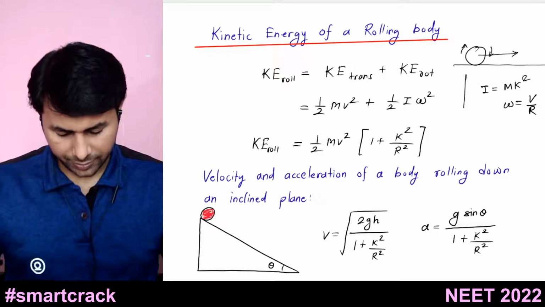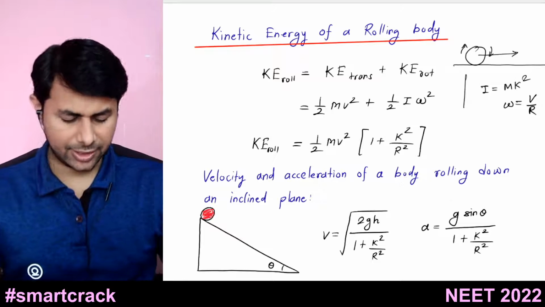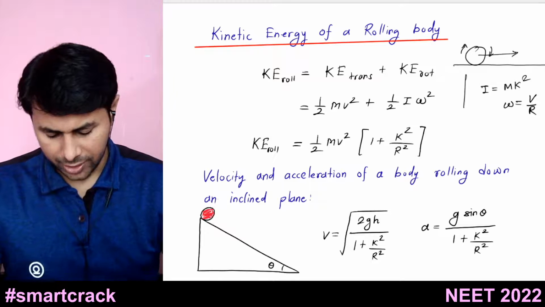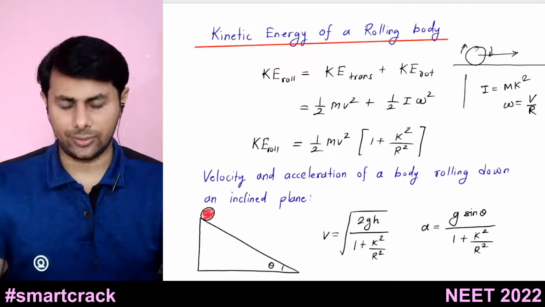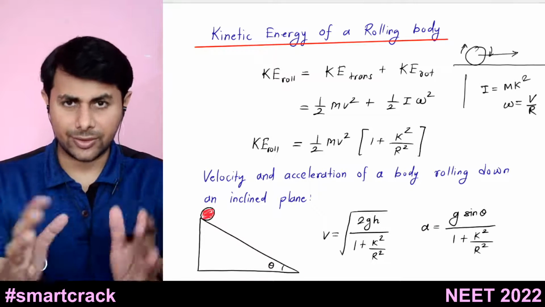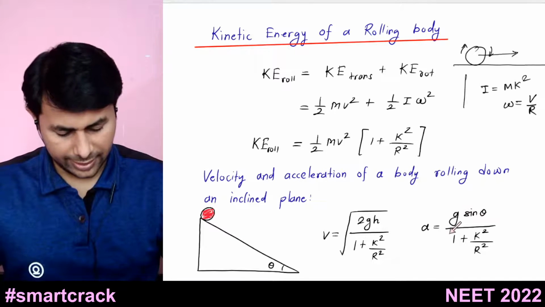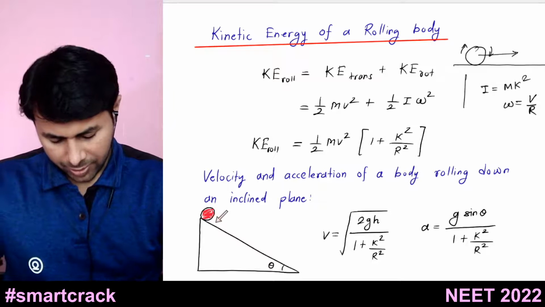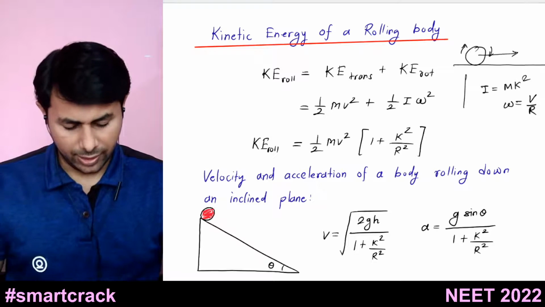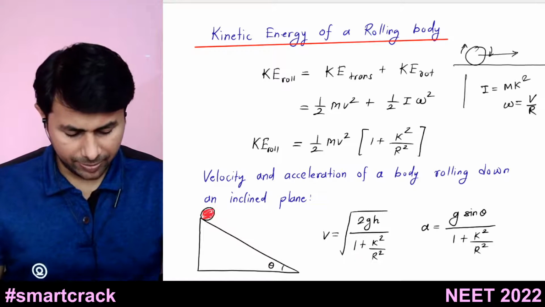After that we have velocity and acceleration of a body which is rolling down an inclined plane. So let's say we have a body which rolls down from this topmost point. What will be its acceleration when it rolls down? It is g sine theta divided by 1 plus k square upon r square. And when this body reaches the bottom, what will be its velocity? Its velocity at the bottom is given by square root of 2gh divided by 1 plus k square upon